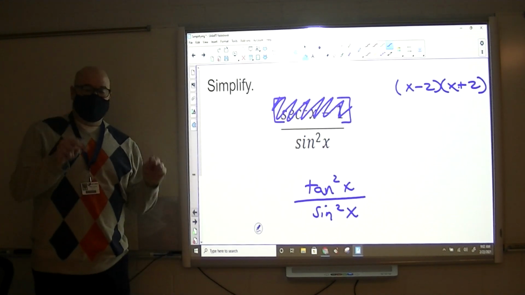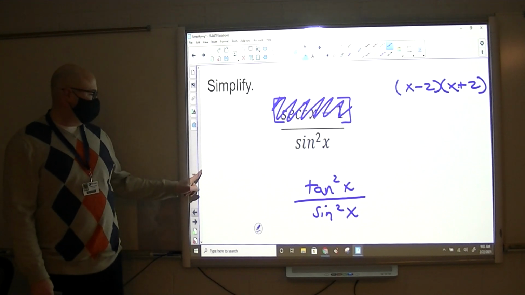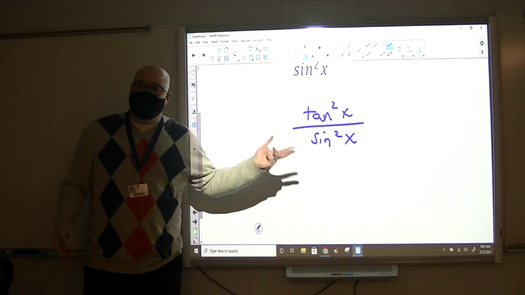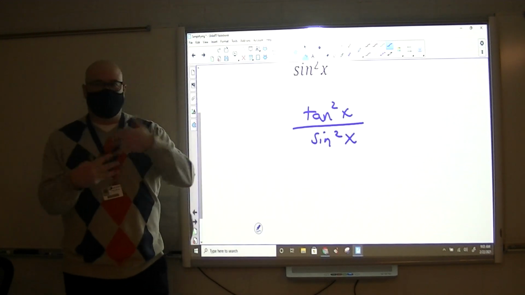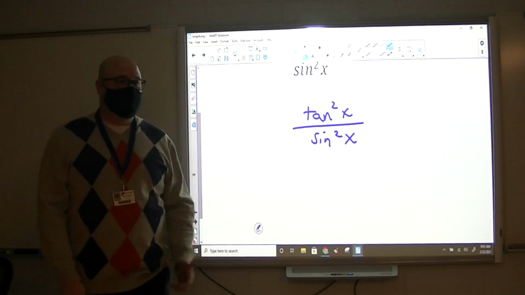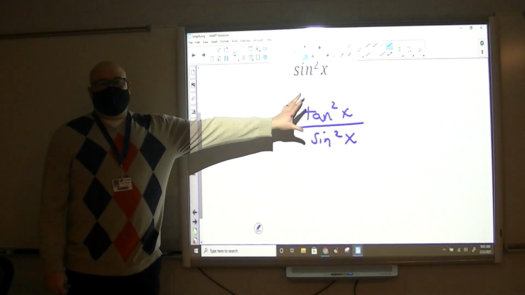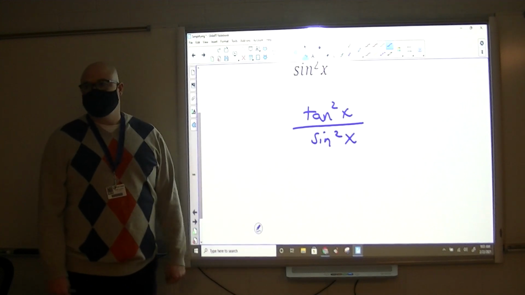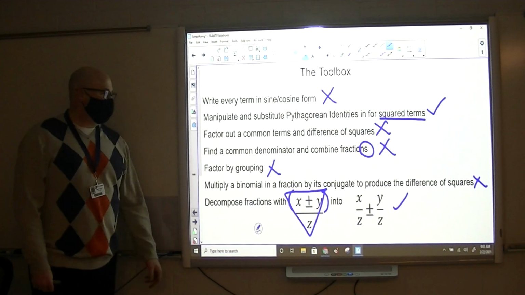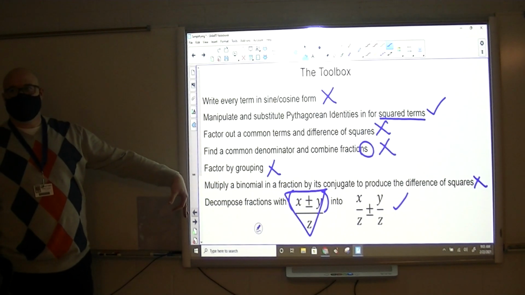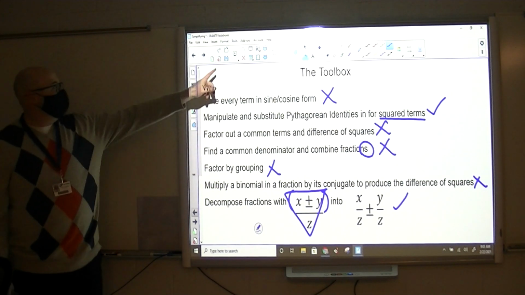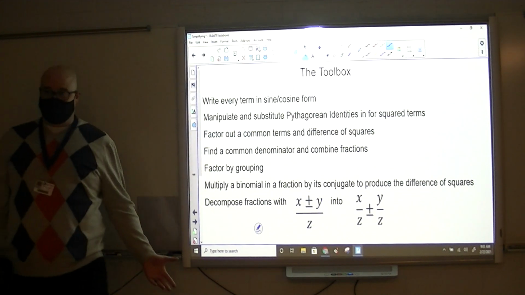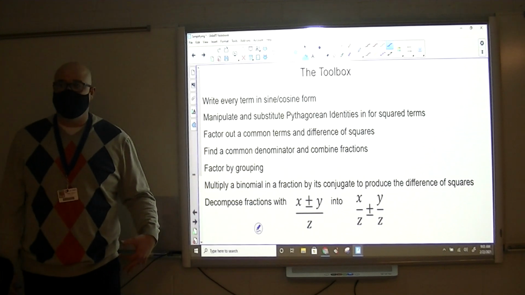Now I'm supposed to simplify. I'm supposed to look at what the result is and say, what do I do with that? Well, there's not much I can simplify. Combining like terms, multiplying, anything like that, no. So if there's no way to make this look simpler right away, I can go back to the toolbox. Okay? Now, when I started this problem, it looked different. Now that it's a kind of a new problem with where we're at now,